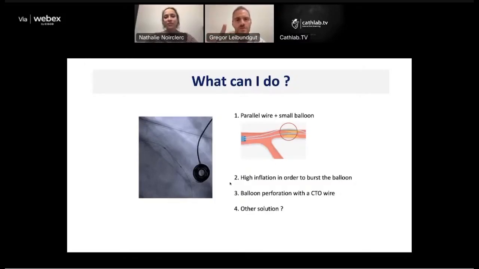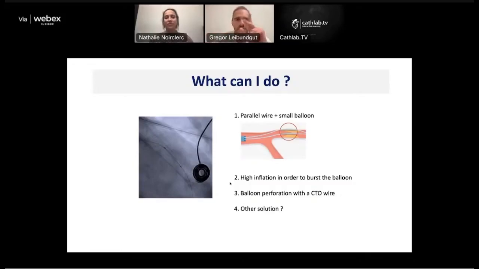There's 2 solutions for that. Either you come somehow from the side. So you could pass ahead and maybe have a steerable microcatheter and try to puncture the balloon from the side. This works, but only with a Stingray balloon because it has a needle. And the more common solution is take a guide extension, take